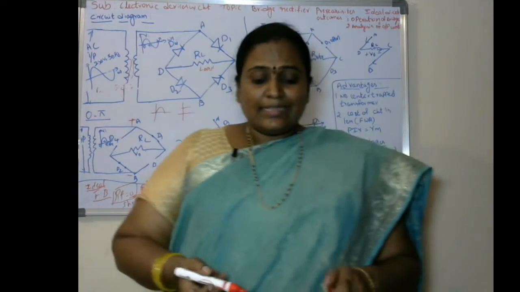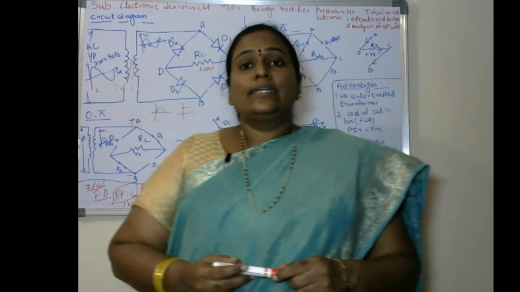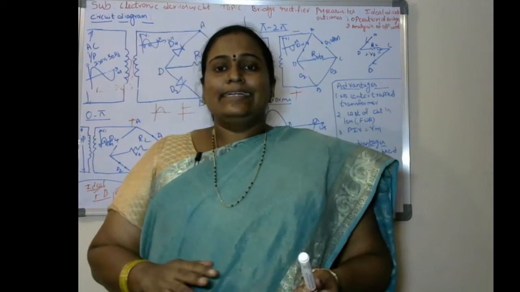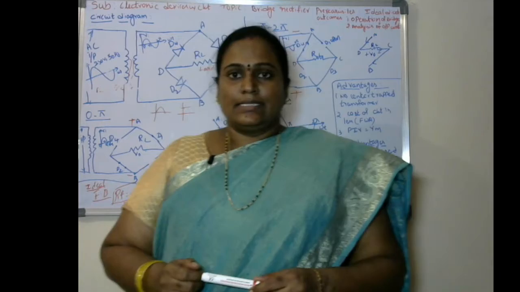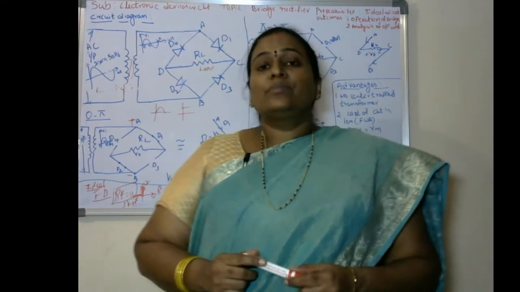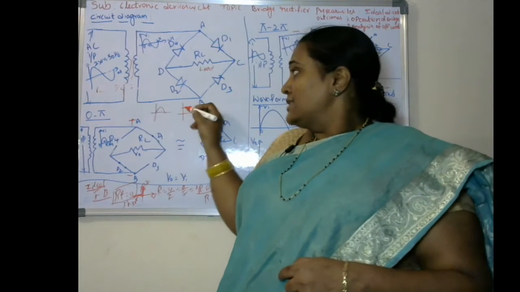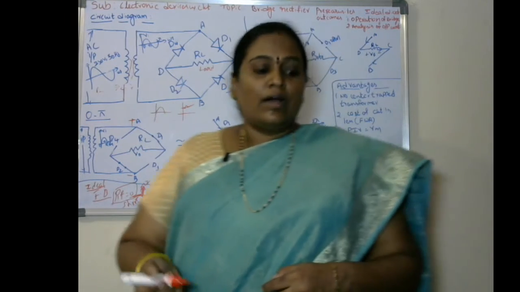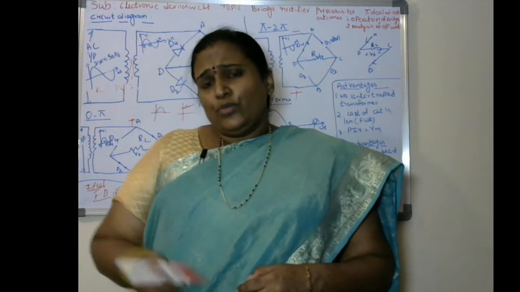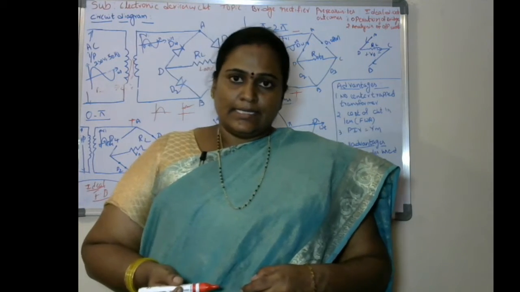What is a rectifier? The rectifier circuit is going to convert alternating current into pulsating DC signals. Pulsating DC signals are not pure DC signals. They have some ripples in them, and we call them pulsating DC signals.